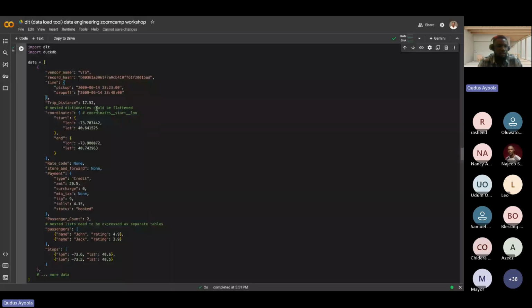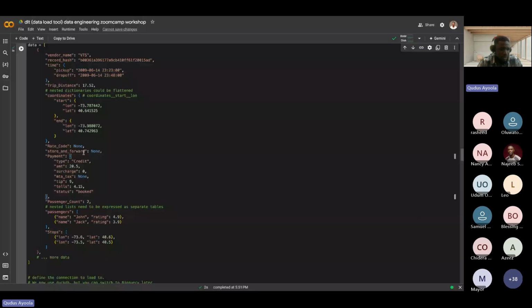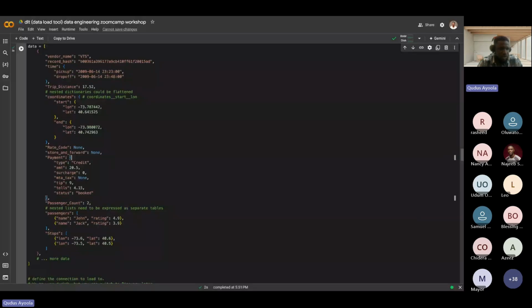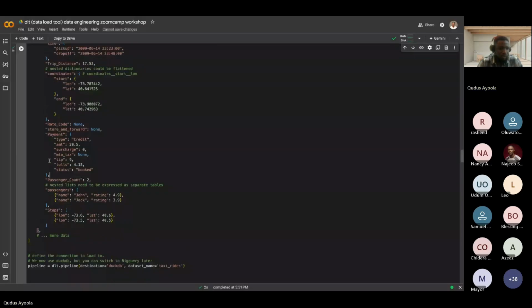It has a start location, end location. And within this is a coordinate that shows the start time and end time. So this is the rating for the trip too. So the rating, the store, the payment type. So we will assume that there will be a separate table for passenger because it's part of the list. And we will assume that there will be a separate table for rating.